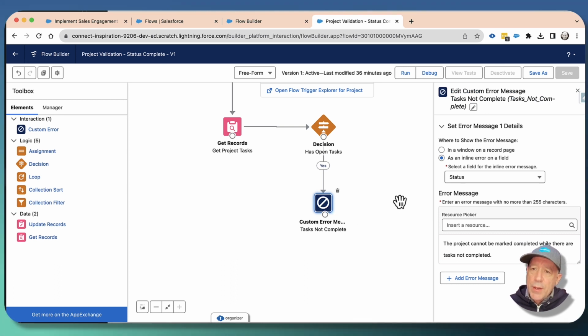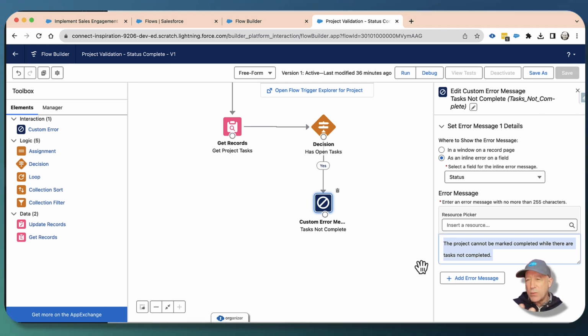These are a bit more capable than what are in validation rules, in that the text that you display could be dynamic. So it no longer has to just be this hard-coded text. Like if I wanted to, I could have looped through all of these and built up a count and say, hey, you can't mark it complete because there's one record or 2 or 3 or however many there are. Or maybe I could even give it the name of the one that was failing and give even more info